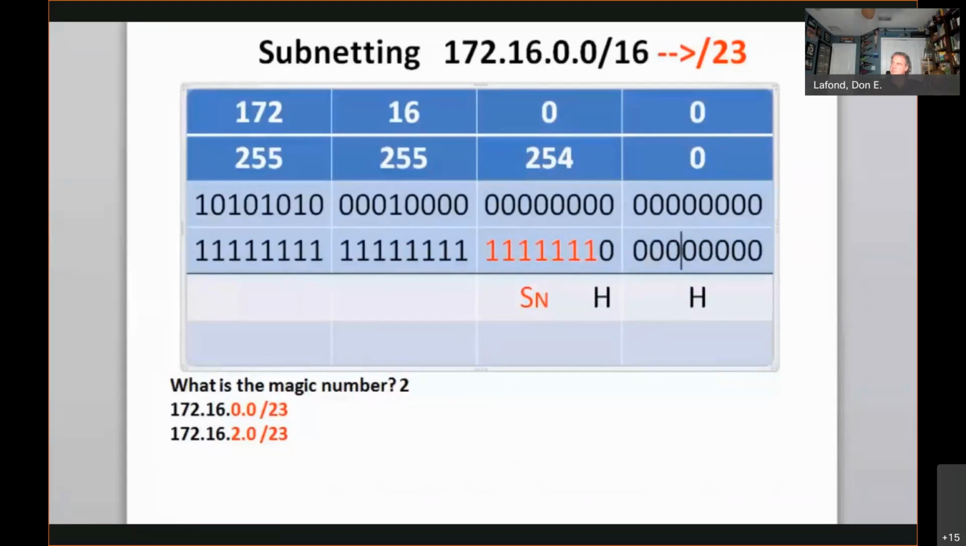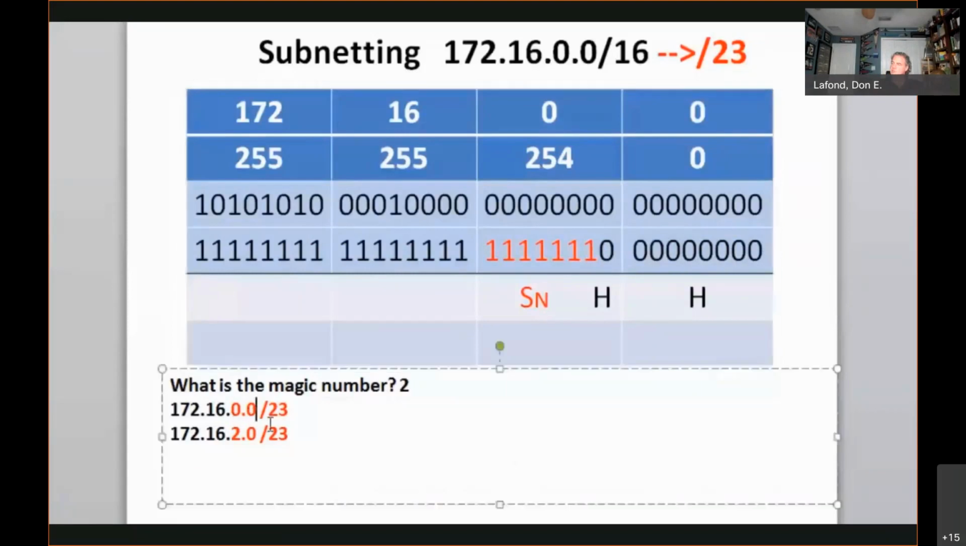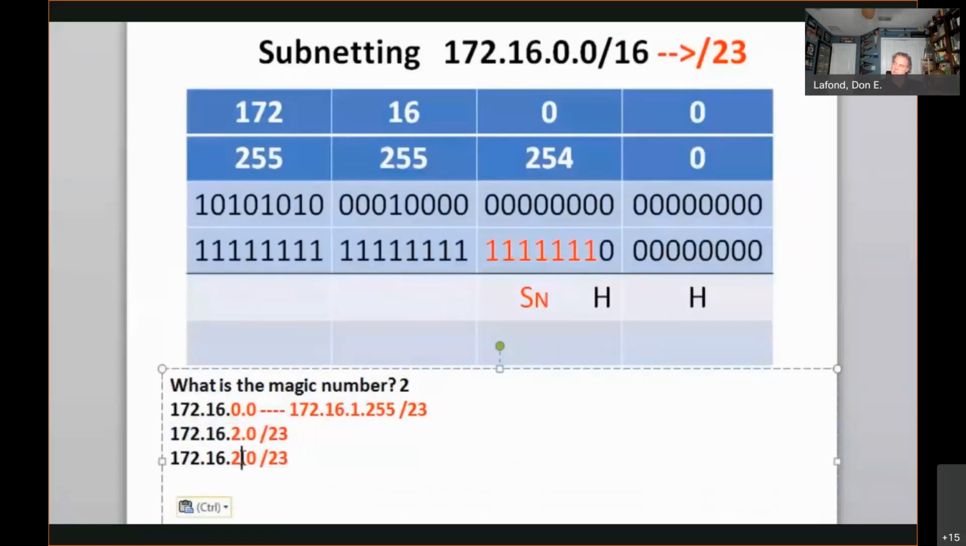In other words, the network goes from 172.16.0.0 all the way up to 172.16.1.255. So the first usable host address would be 0.1, and the last usable host address would be 1.254. The next subnet starts at 2.0. After that, the networks continue to go up by 2. In other words, the next subnet will be the 4 subnet, and then the 6 subnet,